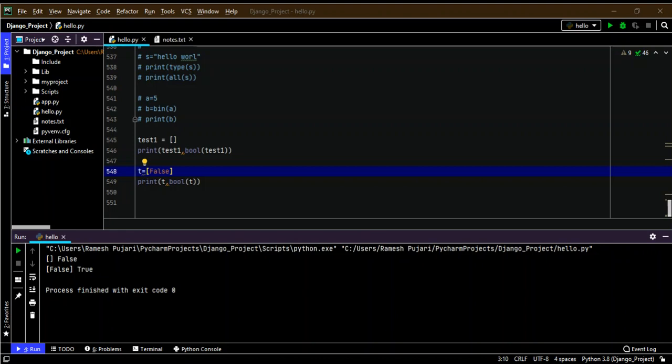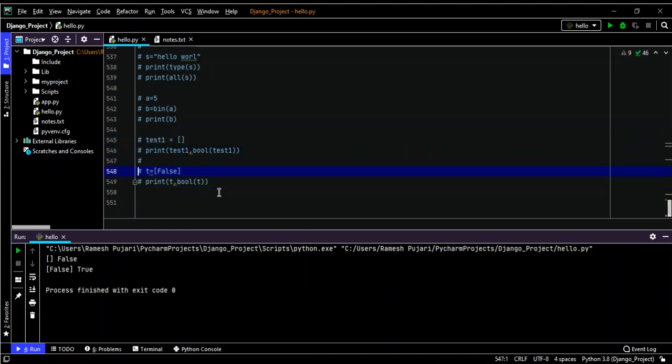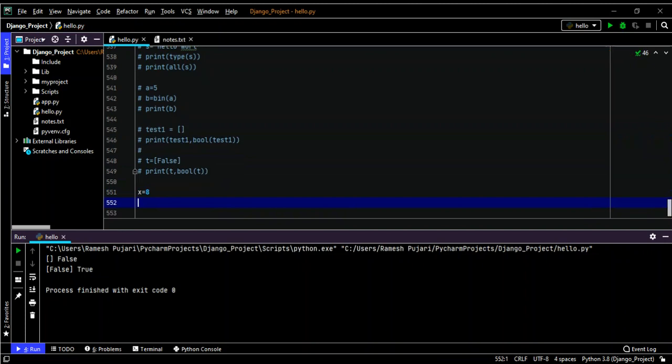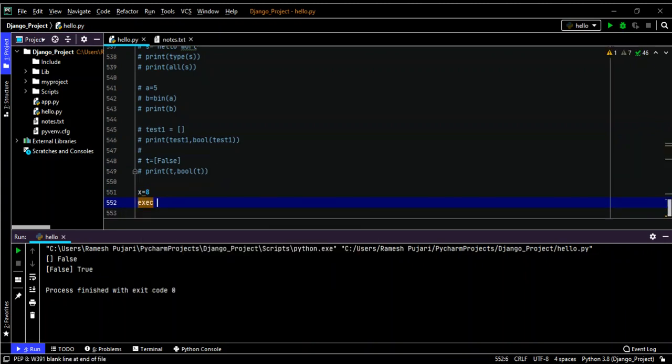So now I will give an example here of how exec functions work. Now I will take one variable x is equal to some values, and I will use the exec function. So this is the exec function. I will take and compare with some values.